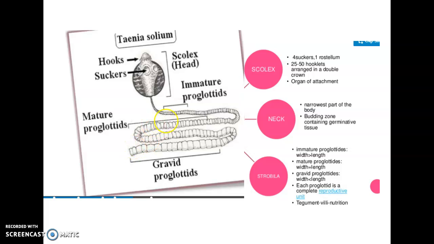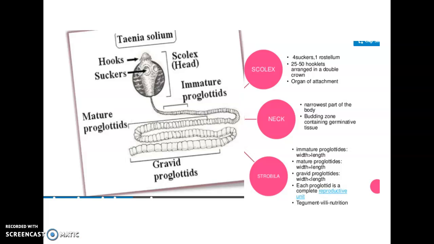This is followed by the mature proglottids, which show the opposite condition. The width of each segment is similar to its length. So that is the mature proglottids. Each proglottid or segment generally represents a complete reproductive unit. So the proglottid or strobila region is mainly concerned with the